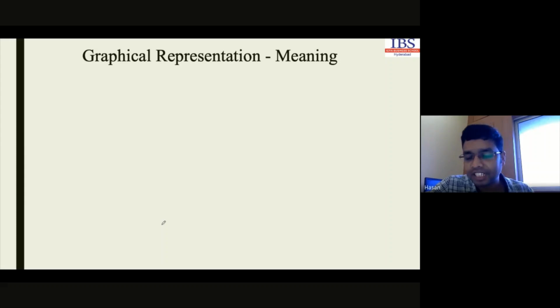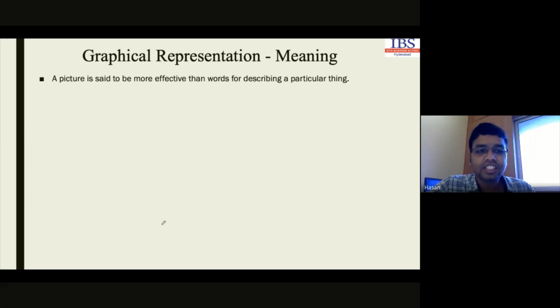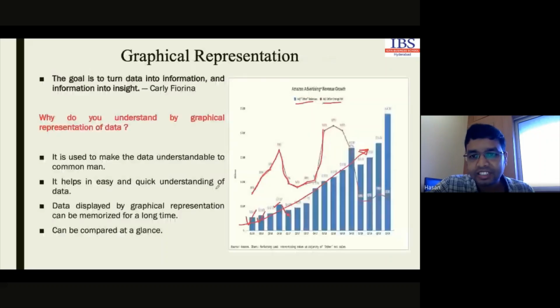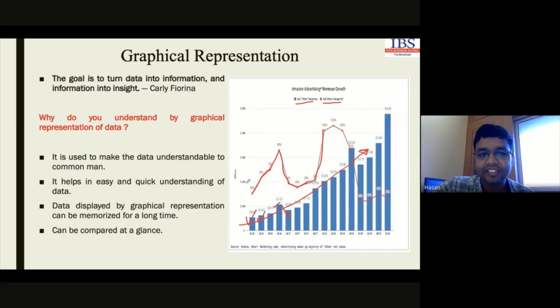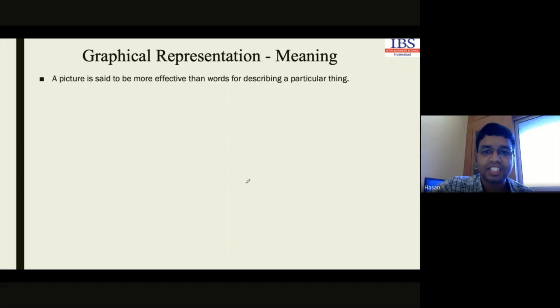So the meaning of graphical representation here. The very first one is the picture. This is basically a picture which is very effective. If we put this data in a table and produce it in front of you, we cannot observe this trend easily, right? Yes, sir. So graphical representation will give this idea very clearly. So when we have the data in a table and we put it in a graph, then the graph will be more effective than the table.